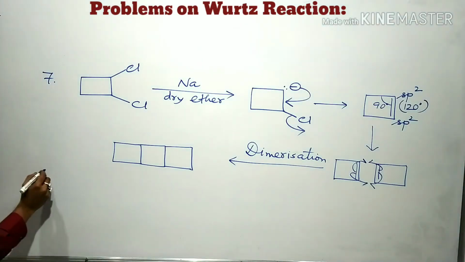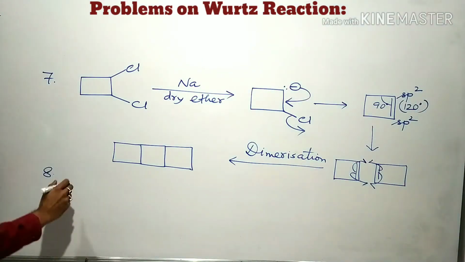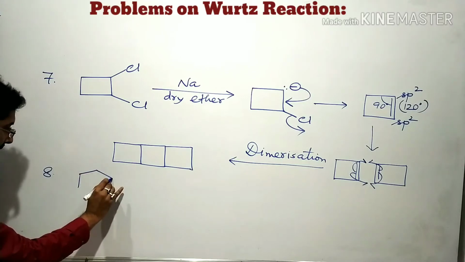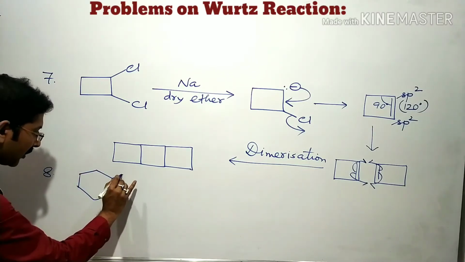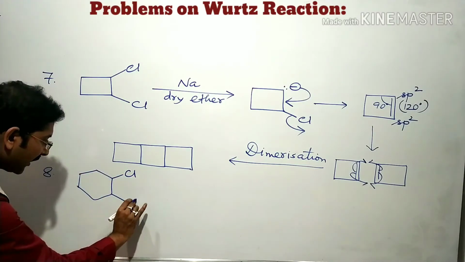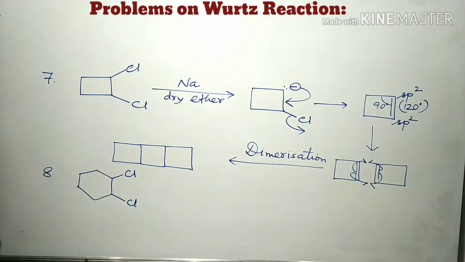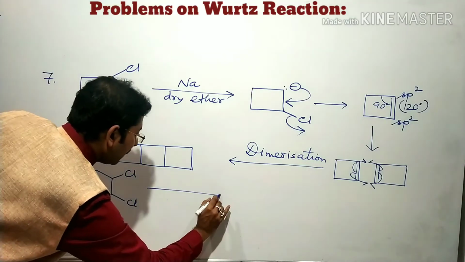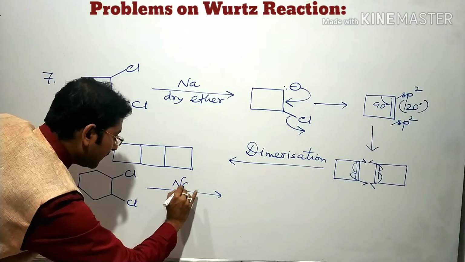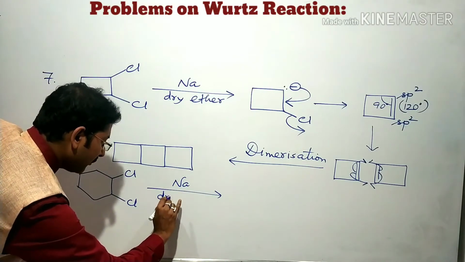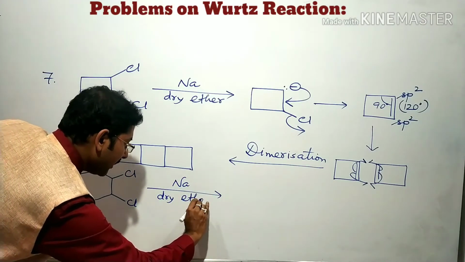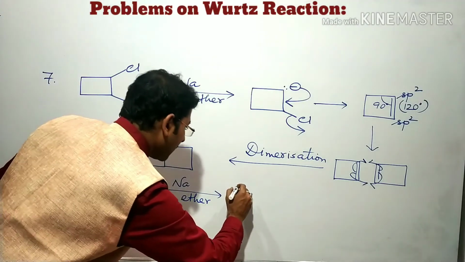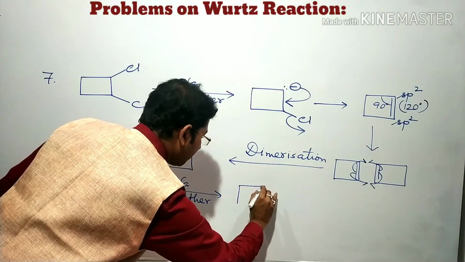Next example, number 8, similar to example number 7. If we have this type of substrate, then what will happen? If we treat this molecule with sodium in dry ether medium, we will get,